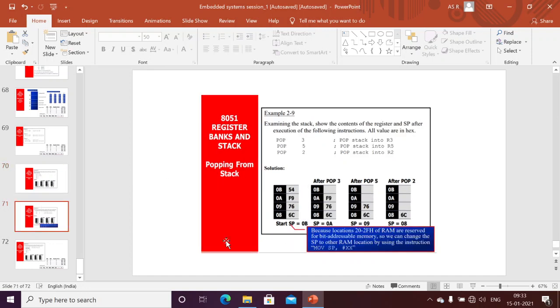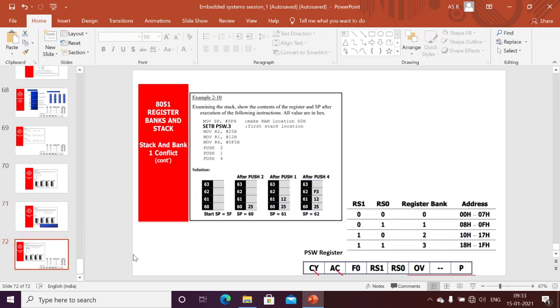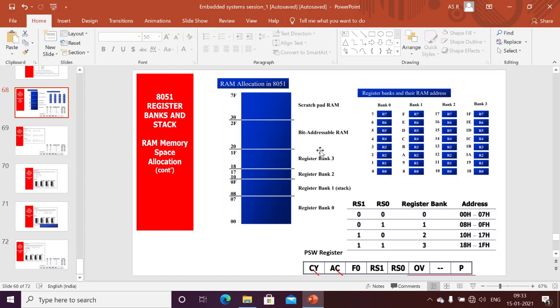Based on our controllers, for example if it is a 16-bit controller, the stack pointer might be incremented by 2 bytes. But in the case of an 8-bit controller, it is only incremented or decremented by 1 using push and pop operations. For the last example, if I am using register bank 1 for the stack, register bank 1 has two functionalities. I can use it for the stack or for general purpose. If I want to use register bank 1 for general purpose, I can move the stack pointer to the top.